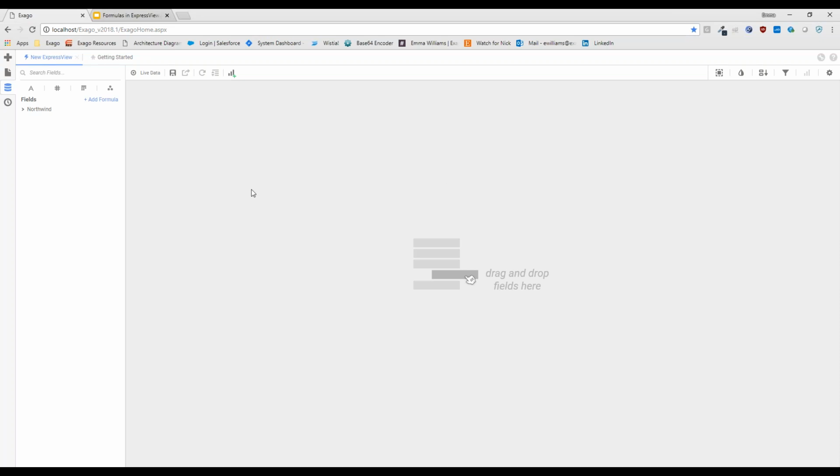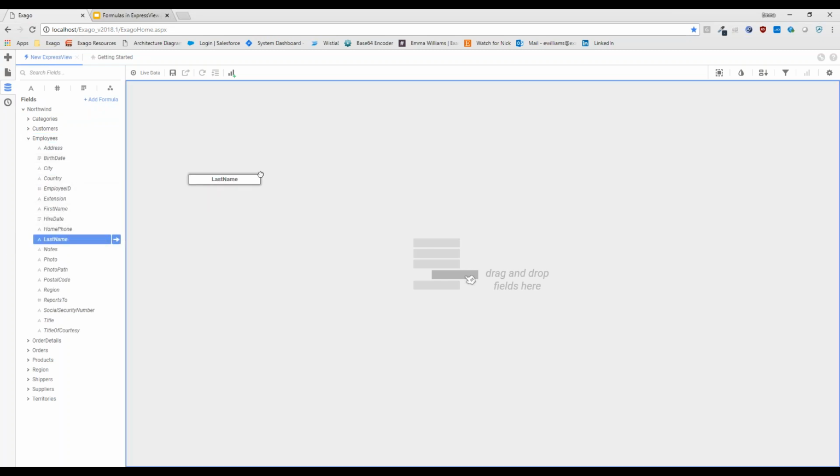The first thing I'd like to do is drag some data onto my canvas. We're going to start with maybe a rough idea of what we'd like our report to show us at the end. And to do so, we're going to start with just some generic data fields. So I know that I'd like to create an orders report. I know that I want to see the orders in relation to employees.